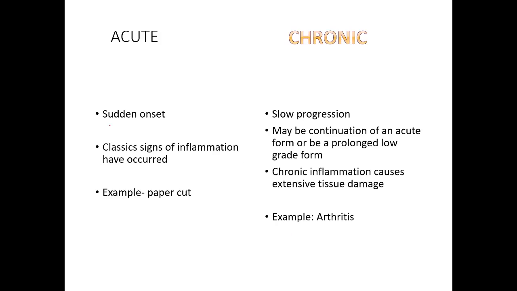So acutely this means sudden onset. Classic signs of inflammation have occurred, and this would be a paper cut. Okay, so that's just a quick wound. Okay, with chronic, we're going to see more of a slow progression, maybe a continuation of an acute form, or a prolonged low-grade form where we actually never see those classic signs of inflammation. Chronic inflammation